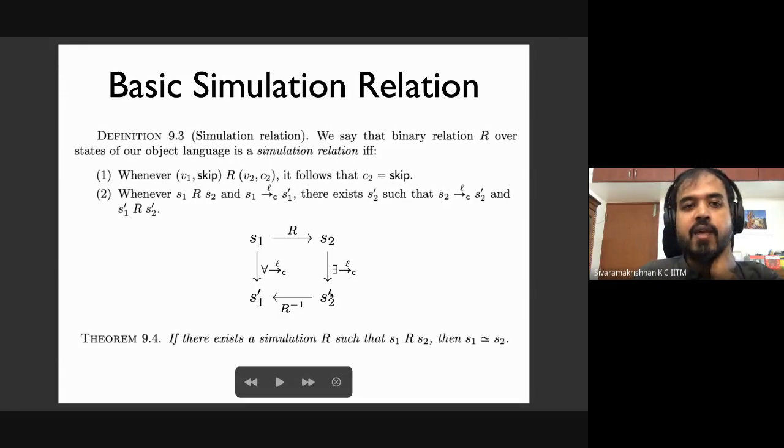And what we will in fact prove is that if you happen to have a relation that satisfies these two properties, then I can show, without knowing what this relation is, this relation could be arbitrarily specific to the optimization that you're doing, as long as this relation satisfies these two properties, I will show that